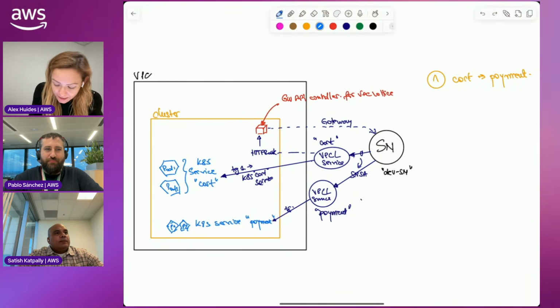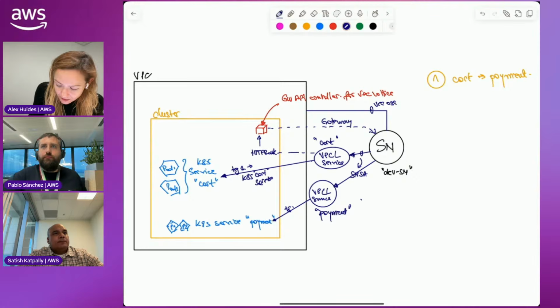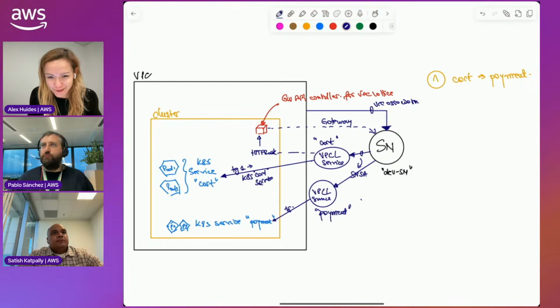But if you take the VPC and you associate it with the service network, this is the VPC association. You folks see here, there's a nuance. I'm putting arrows on these associations. The service network service association allows a service to be consumed.